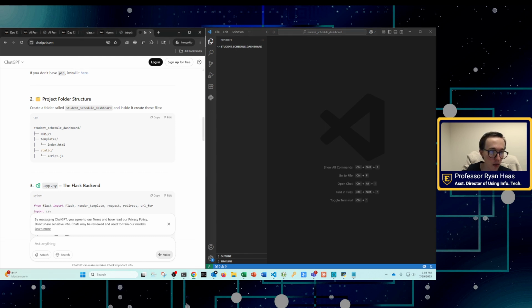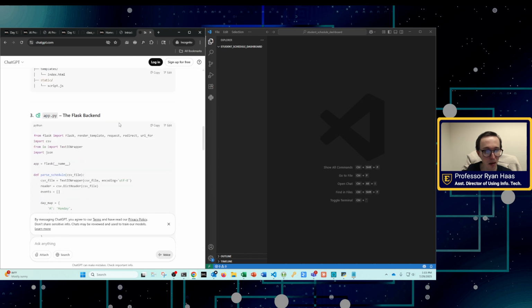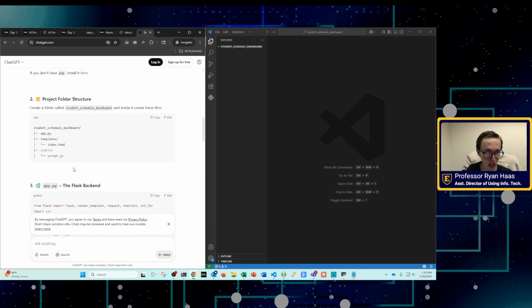And now we're going to create these files exactly like it says. So this is showing you the folder structure to use. And it's very important that we set it up exactly like this, because as long as we follow its instructions, it should be easy to get this set up. So what I'm going to do is click on this button to create a new file, and I'm going to name this app.py.